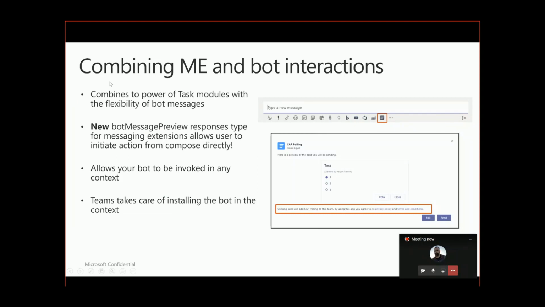Yeah, so the input for this would be just from one of the Compose extensions or messaging extensions at the bottom. If you just click on the polling example that I'm going to show in a couple of minutes, it'll open up a task module which collects the user inputs. And when you send, we've introduced this new response type for messaging extensions called bot message preview, which basically shows this little preview screen that I'm showing here on the right that shows the card that the bot is